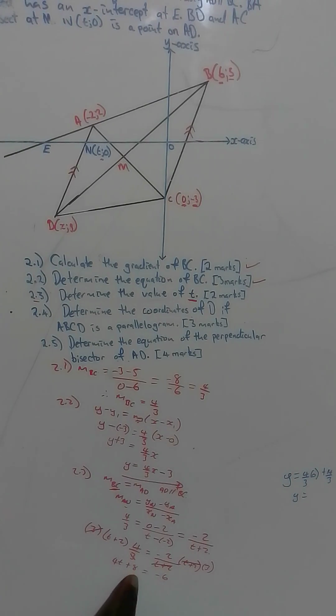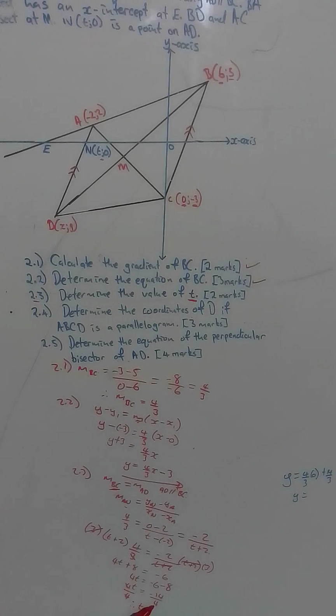Now I'm going to transpose this. Now I've got 4T is equal to negative 6, and the positive 8 becomes a negative 8. Negative 6 minus 8 is equal to negative 14. So I've got 4T equal to negative 14. But we're looking for T, so we divide by the coefficient 4. 4 into 4 is 1. So therefore, our T is equal to